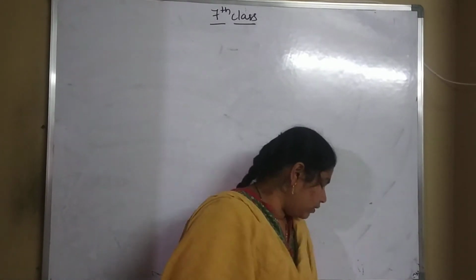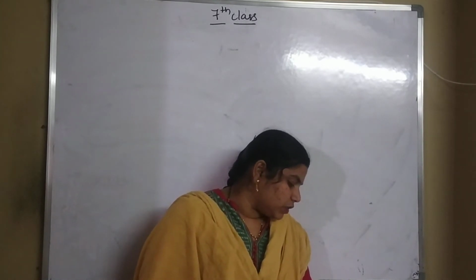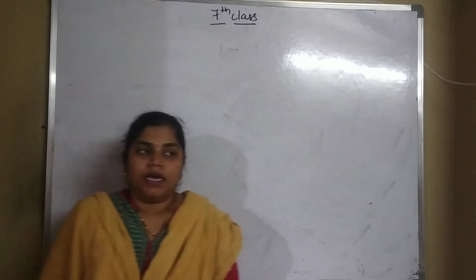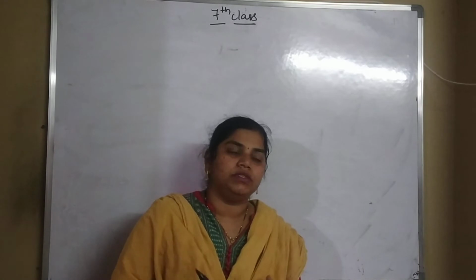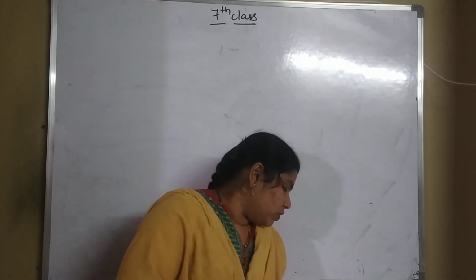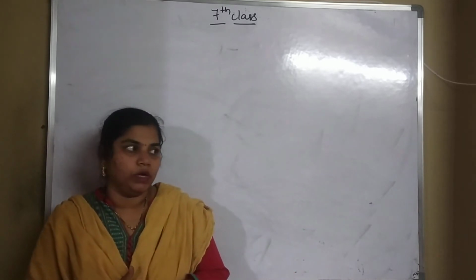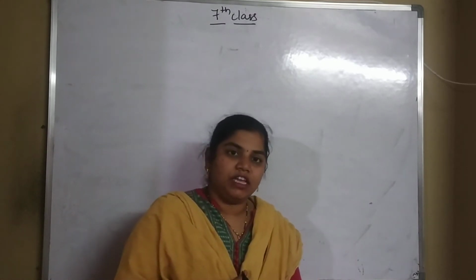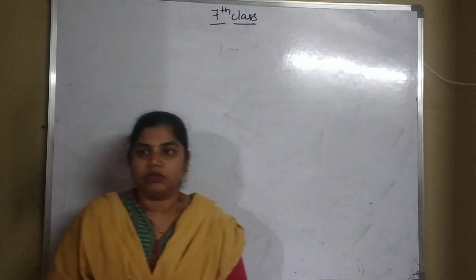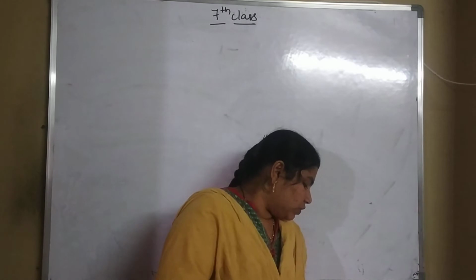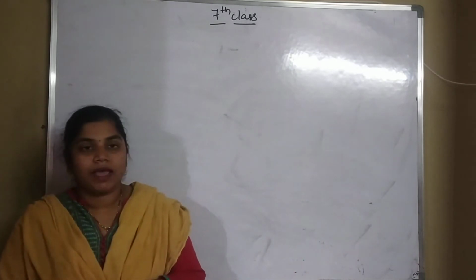So what is the fourth one? Triangle PQR is isosceles with PQ equal to PR equal to 7.5 centimeters. A triangle they have given, that is an isosceles triangle. Isosceles triangle means two sides will be equal. So which two sides are equal here? PQ is equal to PR. PQ and PR sides are equal to each other, and QR is equal to 9 centimeters. QR value they have given as 9 centimeters. So the height PS from P to QR is 6 centimeters. Find the area of triangle PQR.